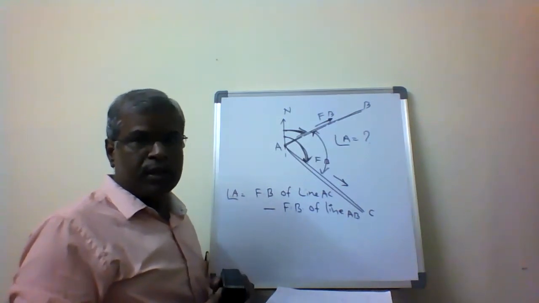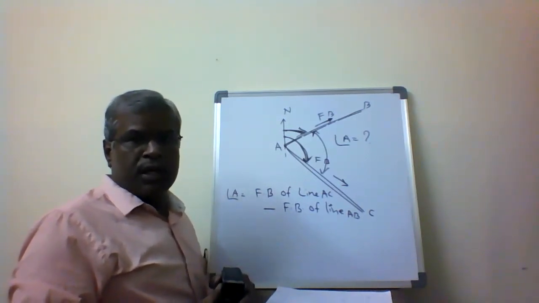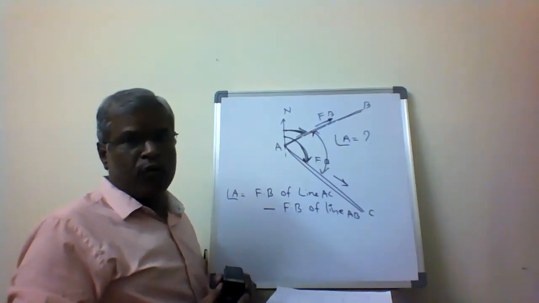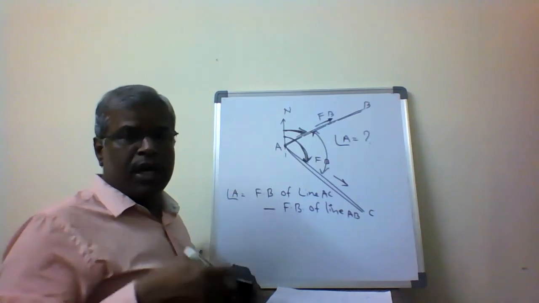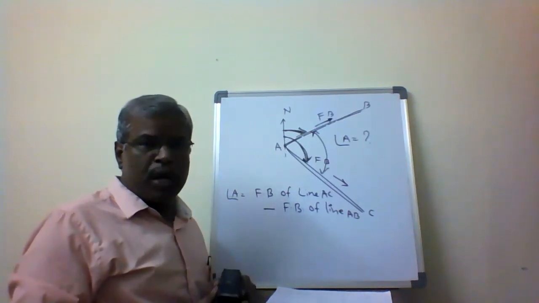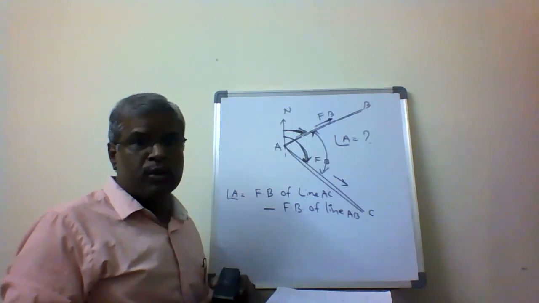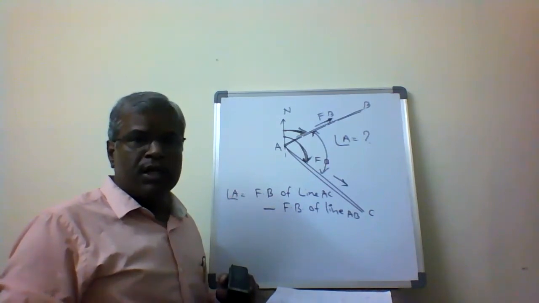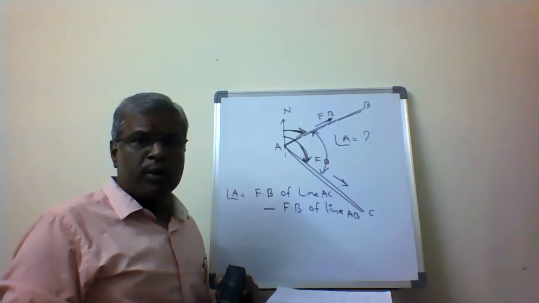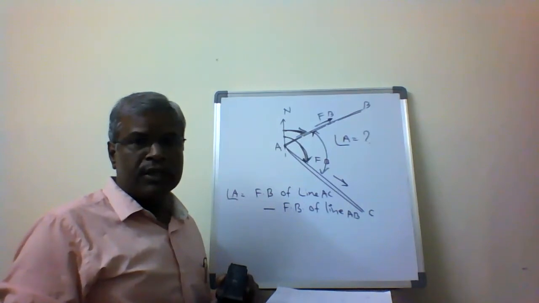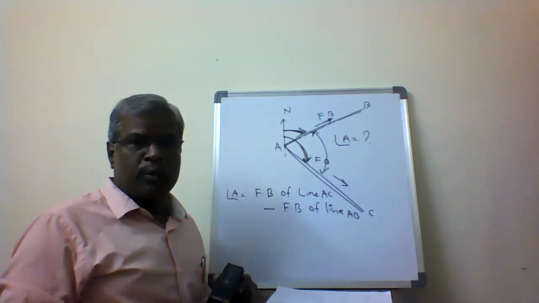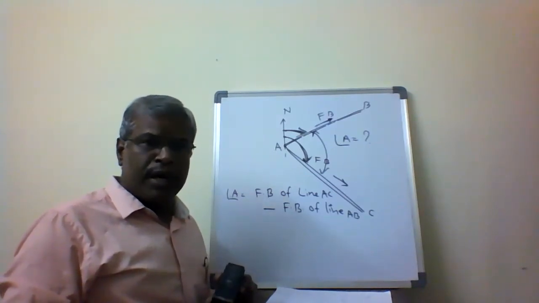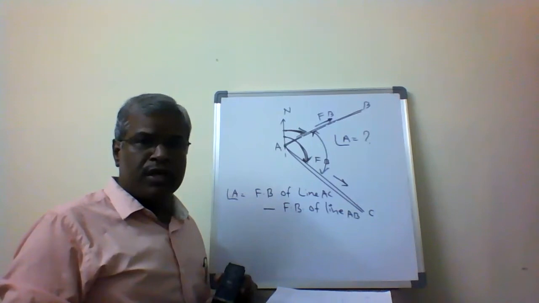So this is another method. If two directions go from the common point A, then how do we calculate? Both will be forward bearings. In the previous case, we saw that one is the backward bearing of the previous line, and the other is the forward bearing of the next line, the next progressive line. In that case, how do we calculate the included angle? These are the two types of cases that come up while calculating included angles within the traverse in the various directions.